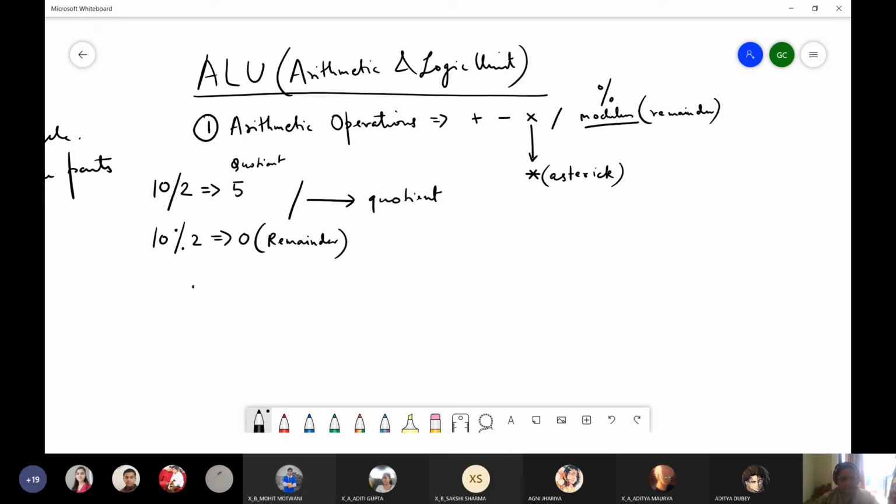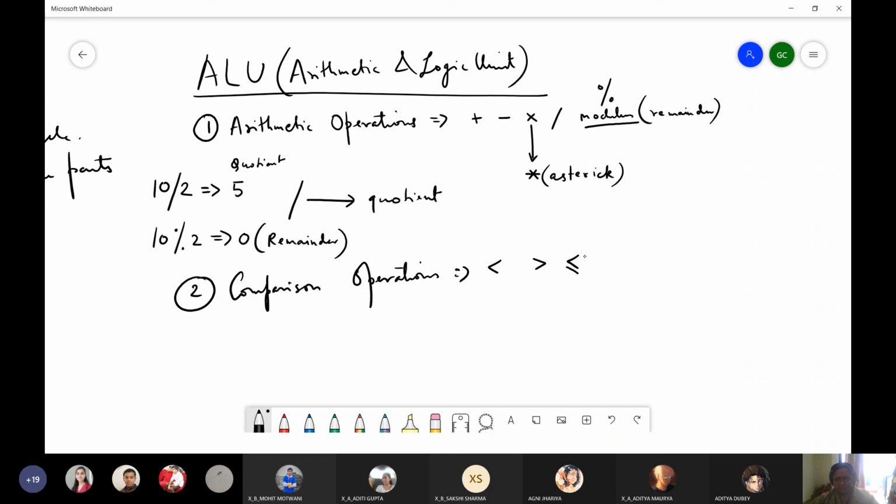Then it performs all types of comparison operations, like less than, greater than, less than or equal to. Now see, you have studied in maths less than or equal to like this.